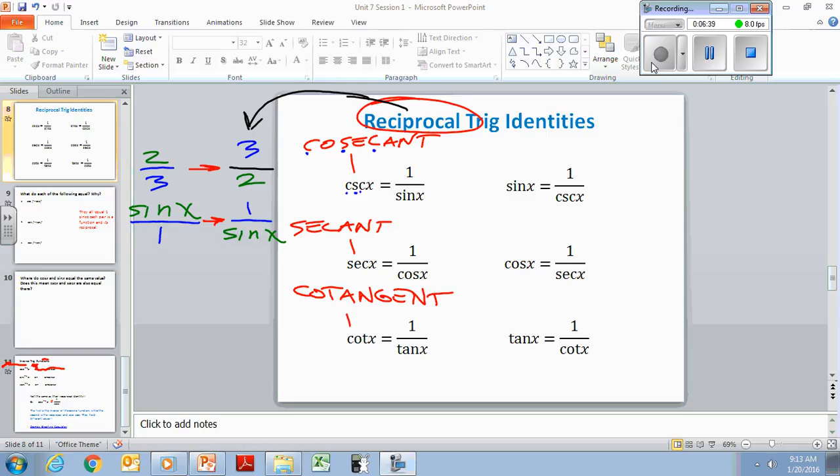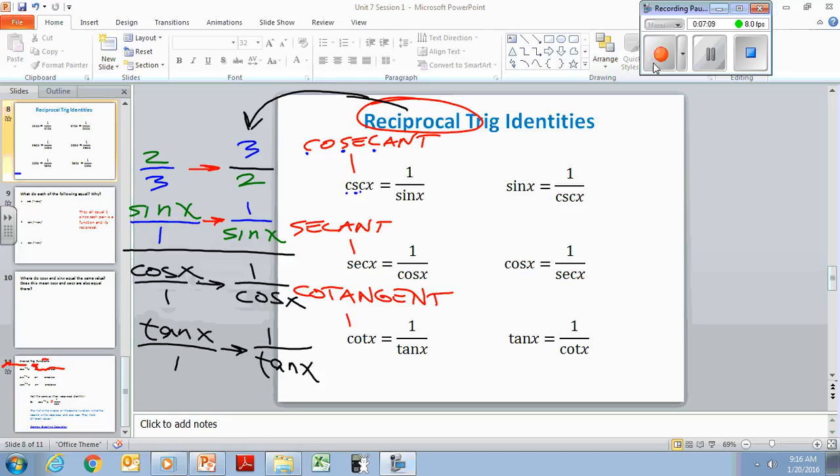Do me a favor, please write out cosine as a fraction, do the reciprocal, and then do tangent. Write that out, just the way we did with sine, write it as a fraction, then write the reciprocal. Do those things for me. So you're like, what is he asking me to do? Do with cosine and tangent what we just did with sine. In math talk, I would just say write the reciprocal of cosine, write the reciprocal of tangent. Give me that.